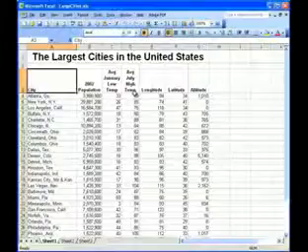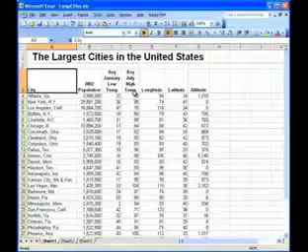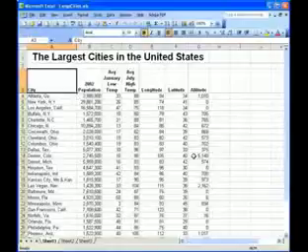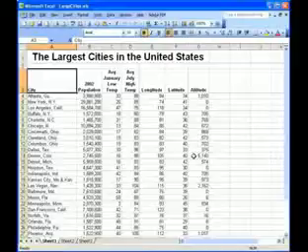Then open the project file that you want to work on. I'm going to use one called Large Cities. This file is comprised of a list, which basically means that data has been entered in consecutive columns and rows, and it's some information about cities in the United States. I'd like to create a macro, or a shortcut with a button, that will automatically show me the 5 largest